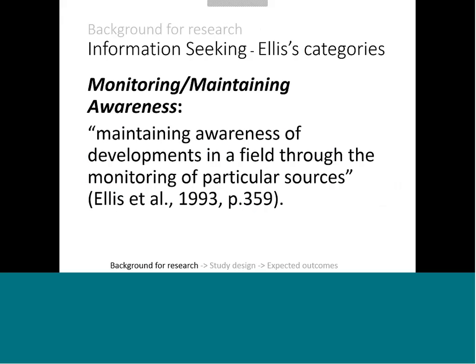But how do we do that with physical data objects? It's easier to imagine that with print resources because we have a lot of systems and structures already in place to help us with those. The whole concept of a citation, even for literature, we're still working on what that concept means for physical data and where it will go in the publication.